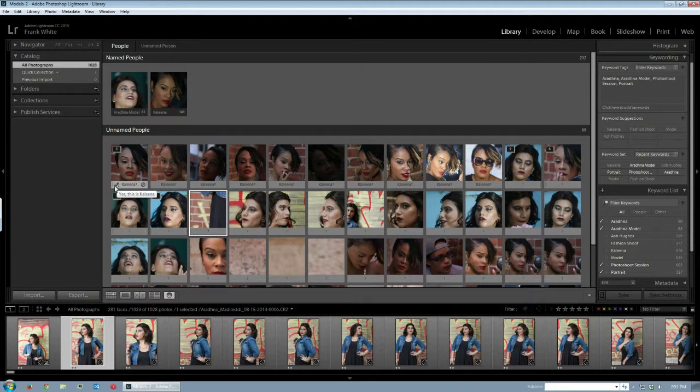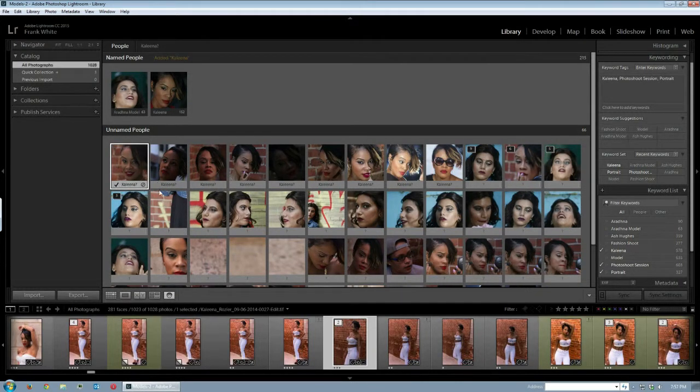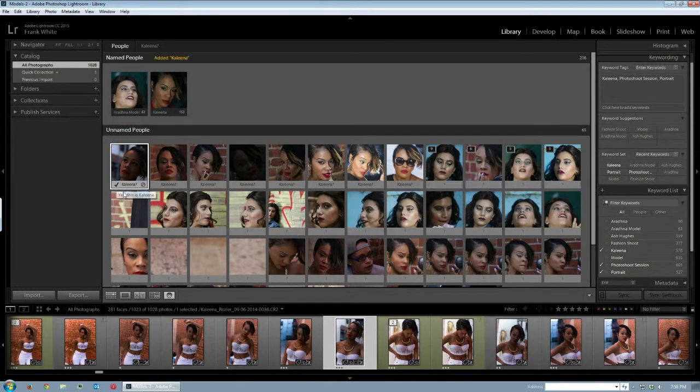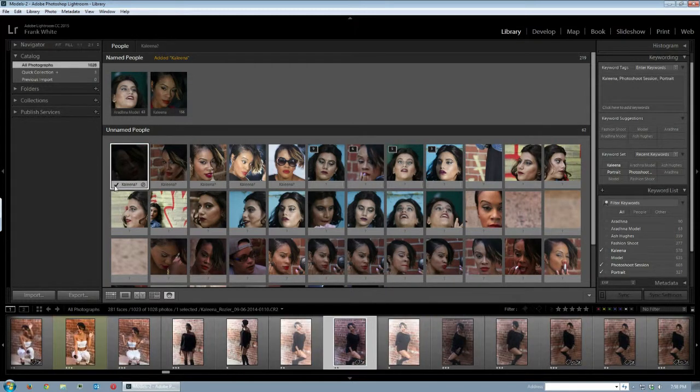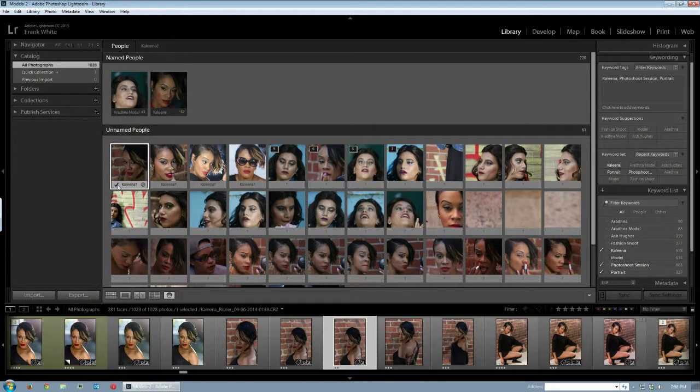I'm not sure how I feel about that, because if Lightroom had a little bit more confidence in doing this, then that would be less work for me. But